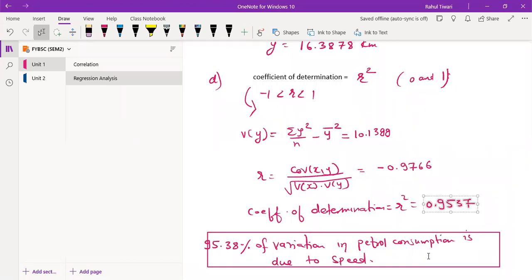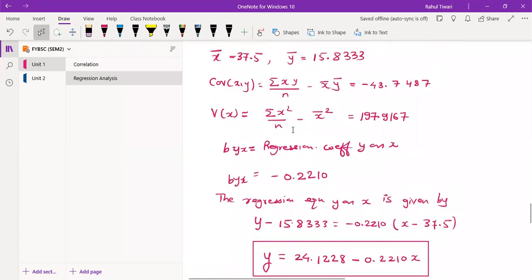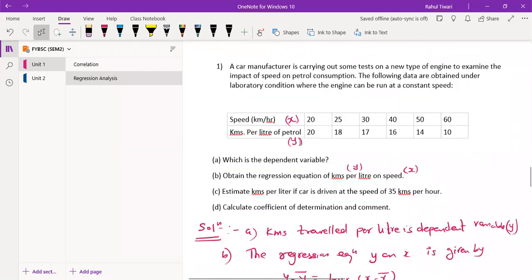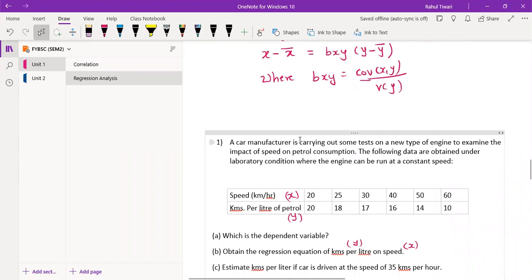For 2-3 minutes we can discuss, if this question is asked in your MCQ type of problem, how you are going to deal with this problem. Okay, so that we can discuss right now. So how many students are there? I hope out of these 30 or 29 students, somewhere 20 students have a calculator.